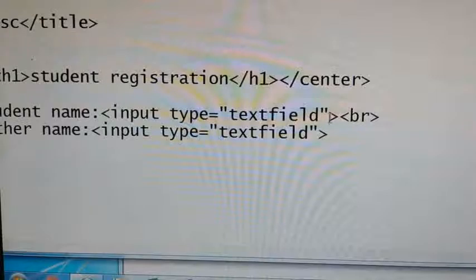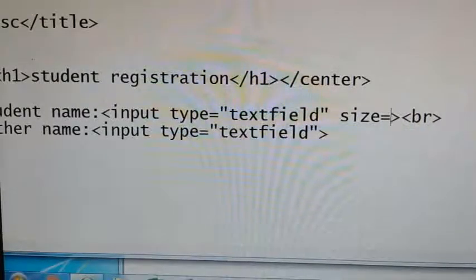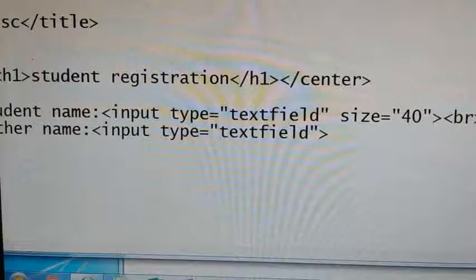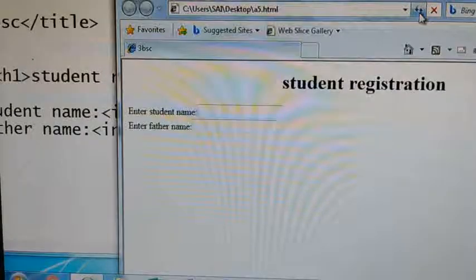You see, for the text field, I am giving size. Size equals, for example, 40 characters. Means what is the length of the box? 40 characters you can accommodate. Save it. Come to the browser window. Refresh this. See, box size is increased. You see the student name and the father name.